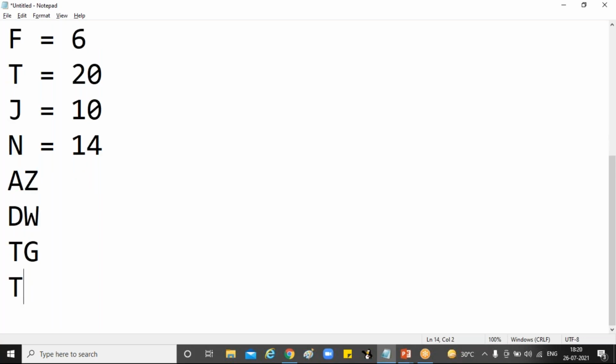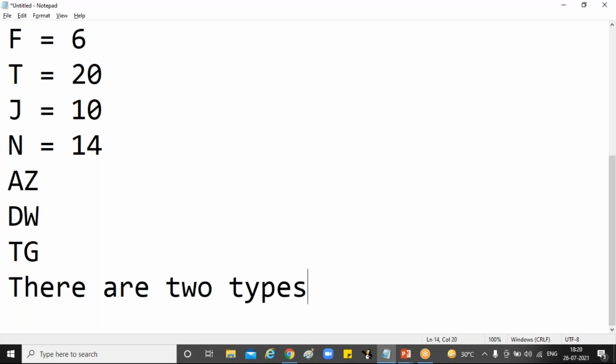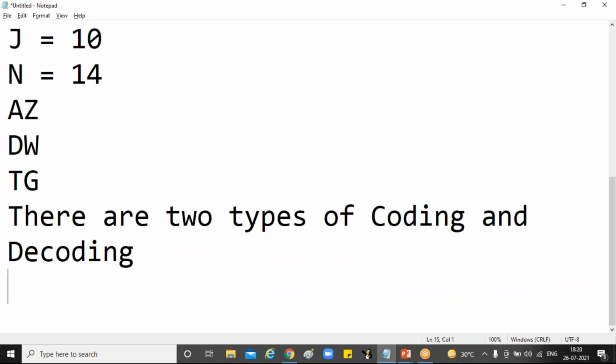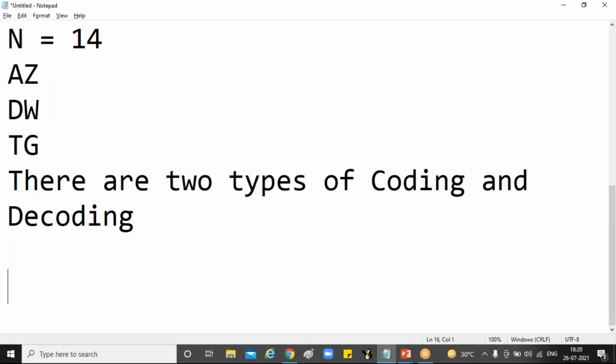So there are two types of coding and decoding. So why should you go for coding and decoding is, in a certain language, always they are using the alphabetical English language. So by using that particular language, they may use the word